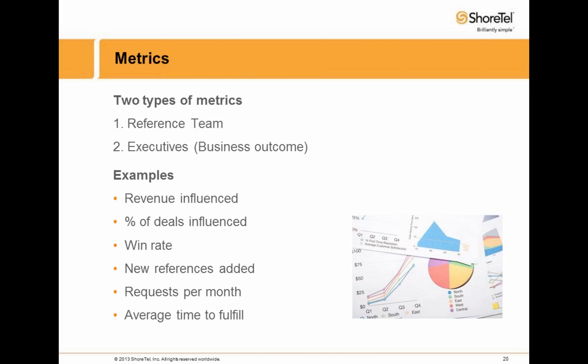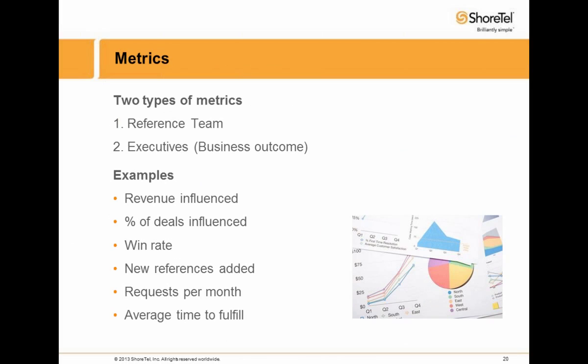What executives are interested in is business outcomes. So we've got some examples of both down at the bottom. Revenue influence is probably the number one way of measuring the impact of a customer reference program from an executive perspective. So that's basically saying how many deals that closed made some use of customer reference program assets. And I say assets broadly because an individual who's willing to talk on the phone is an asset, as well as a case study or a video featuring that customer that was used maybe in the middle stage of the sales cycle. That's also something that had some influence. So you capture all of that.